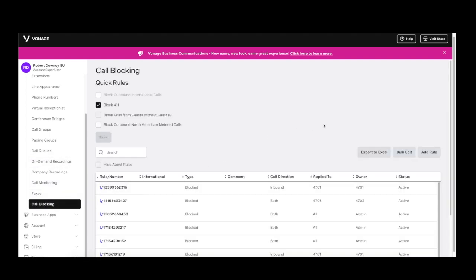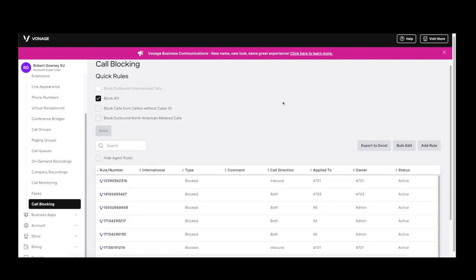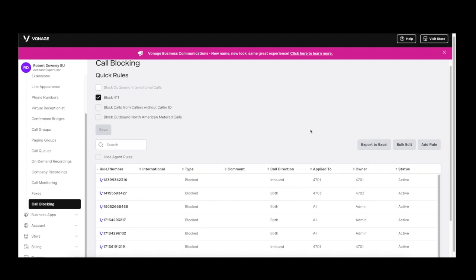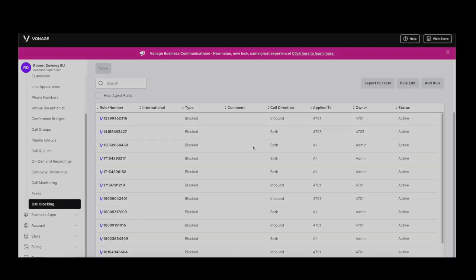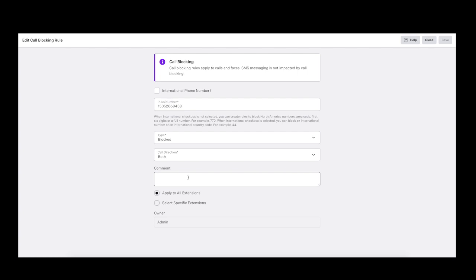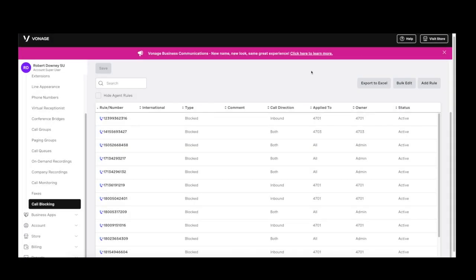Call blocking is the administrative call blocking portal that allows me to go in and set rules across the global PBX for other users. However, if your end users also have call blocking capability, you can see their rules and copy them and recreate them for the entire PBX, or you can delete them. But more importantly, you also have the capability to notate why you wrote that rule. Was it for a spam call? Was it for a robocall, etc.?